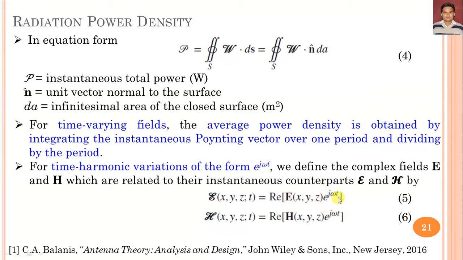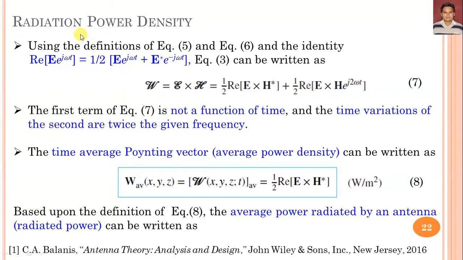This is the time harmonic variation, as you can see in equations 5 and 6. Using equations 5 and 6 and the identity real part of e to the power j omega t equals 1 by 2 (e to the power j omega t plus e to the power minus j omega t),